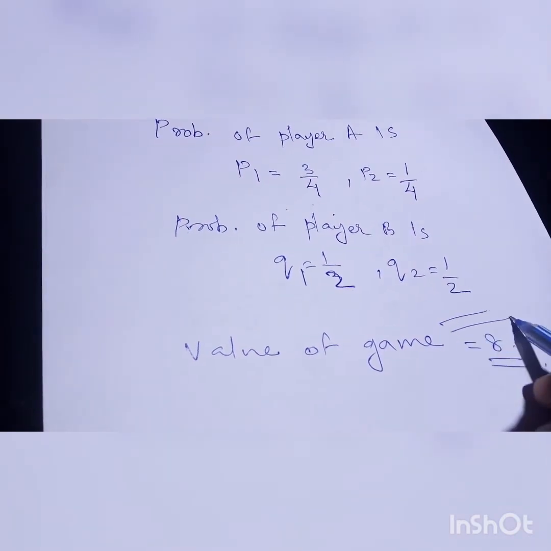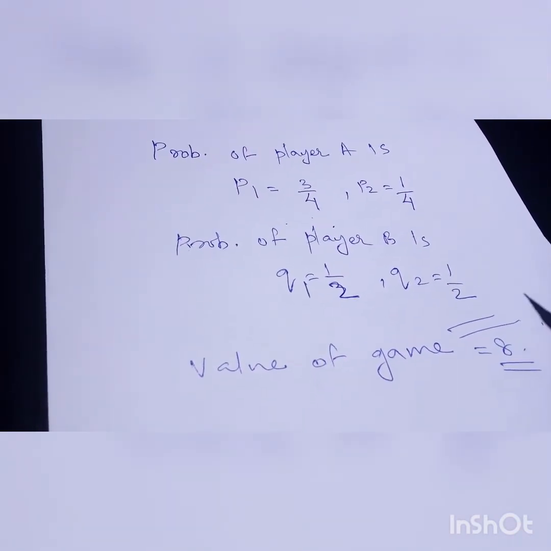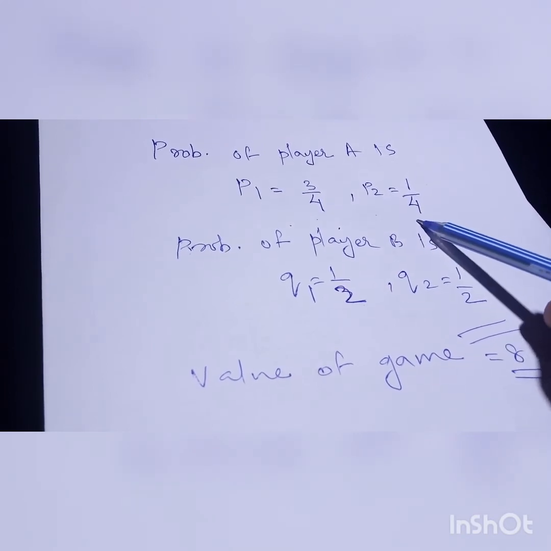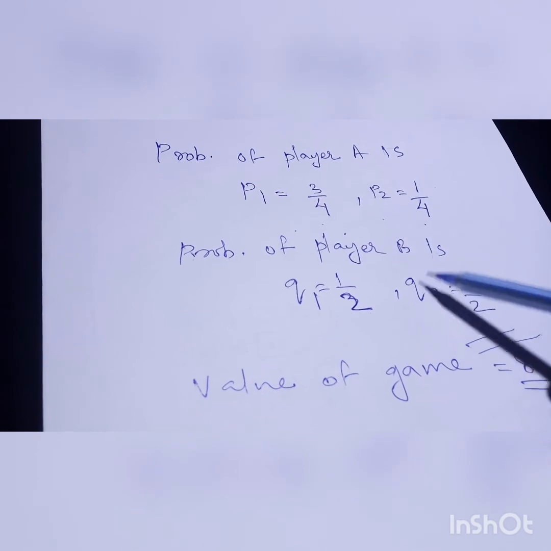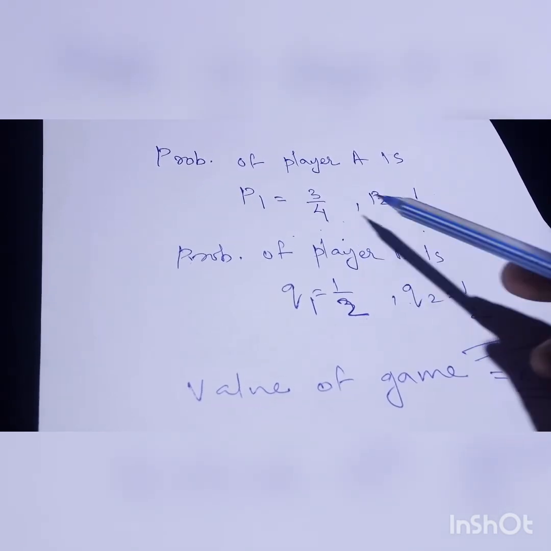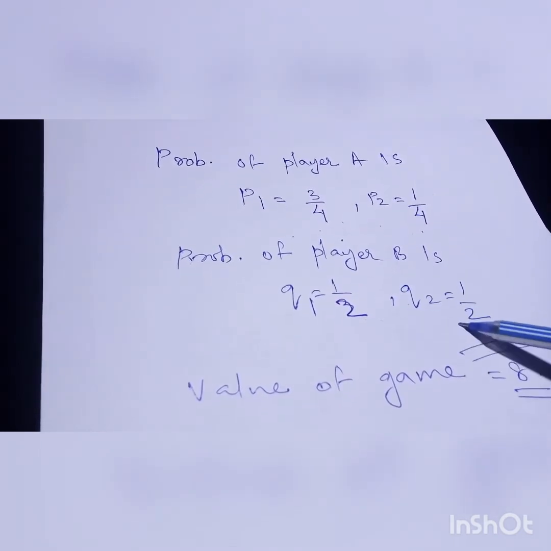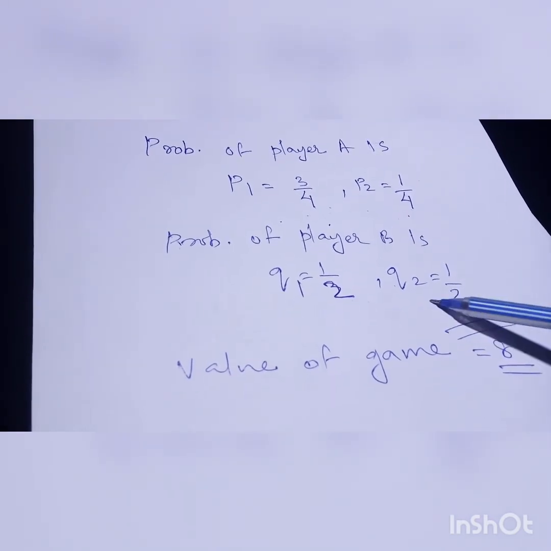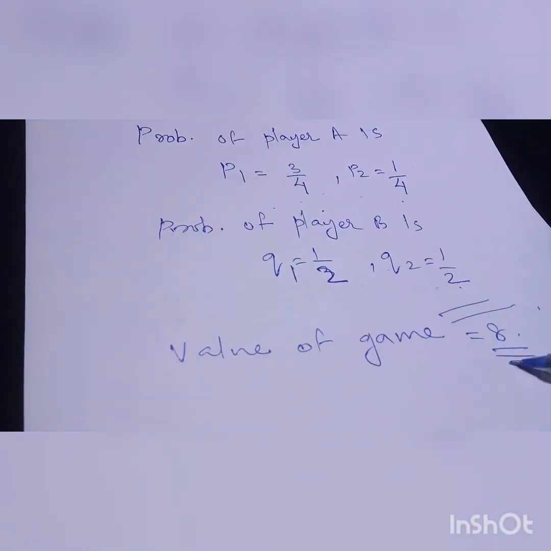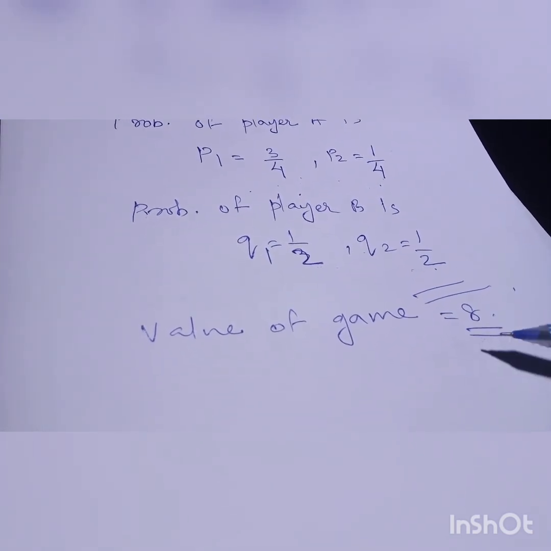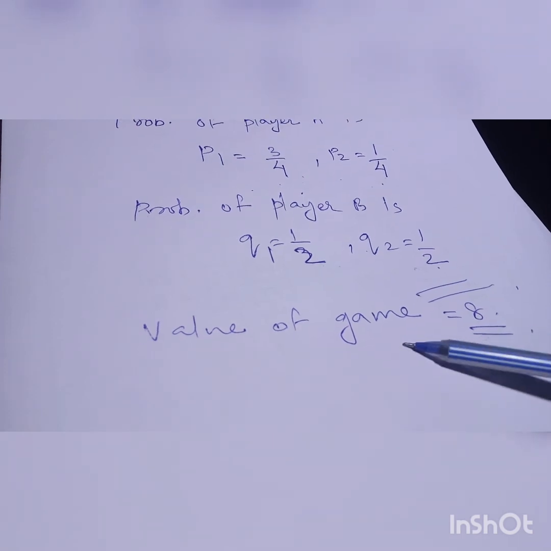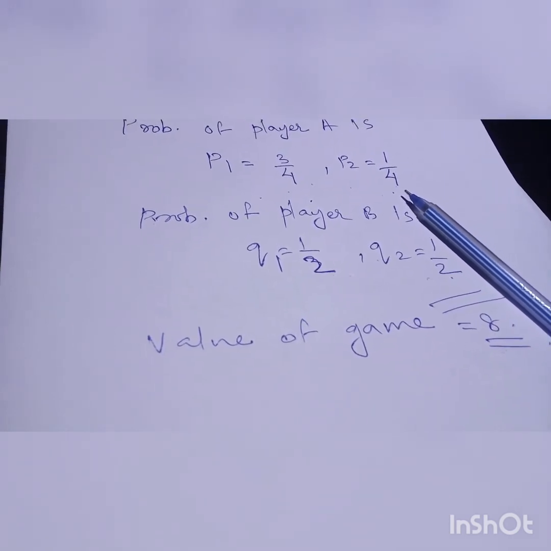Right? So this is about the mixed strategy method. In the first class we have seen that for the mixed strategy, the probabilities are being shared and the total probability should be equal to 1. Here 3 by 4 plus 1 by 4 is 1, and 1 by 2 plus 1 by 2 is 1, right? So that is it, and the value of the game: 4 ways you can find. It is not necessary to follow all the ways. Any one way will be enough. So the value of the game is equal to 8. So that is about the mixed strategy game. Hope the topic is clear for